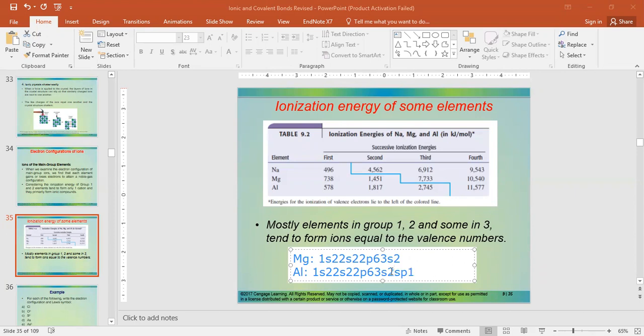It should be 3p1. Now, when we are looking at the first ionization energy of these two,